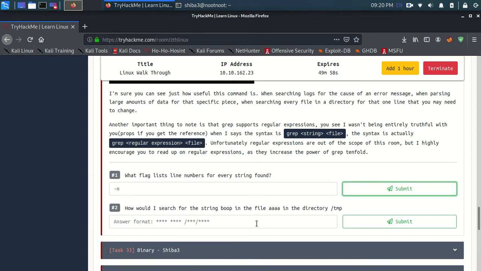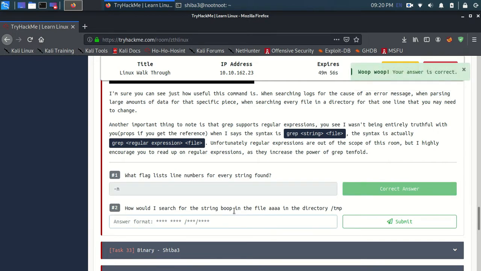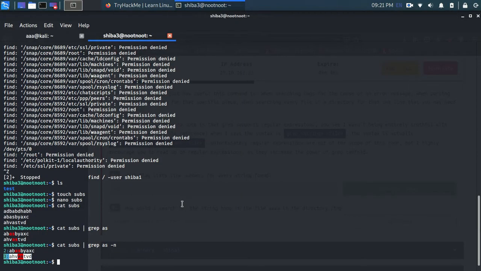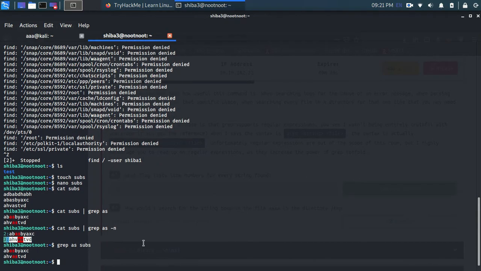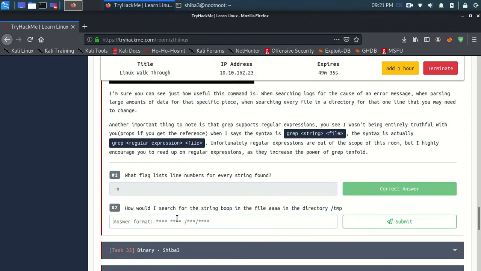Now how would I search for a string boop in the file AAA? So grep string file. In the previous one, the string was AS and the file was subs. It works the same.